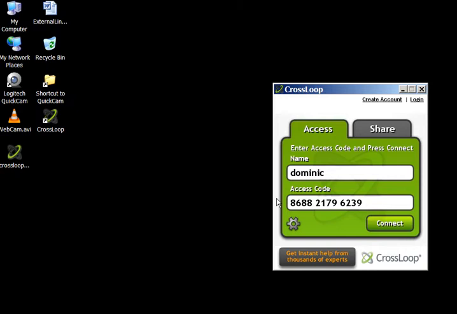And there's two things you can do. You can either watch their screen as they show you, or you can actually take control of their screen if they'll let you and demonstrate whatever concept you're trying to teach. So I've got my other computer set up, and the code to access that computer is this. So I'm going to click on connect,